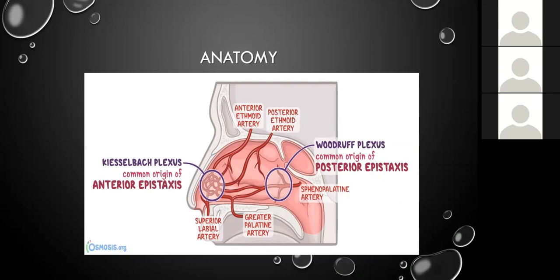So we'll look through the relevant anatomy, and what we are basically interested in is the blood supply to the nasal cavity. We know that the nasal cavity has a rich blood supply. You have arterial supply from both internal and external carotid arteries. So they have branches, and you find